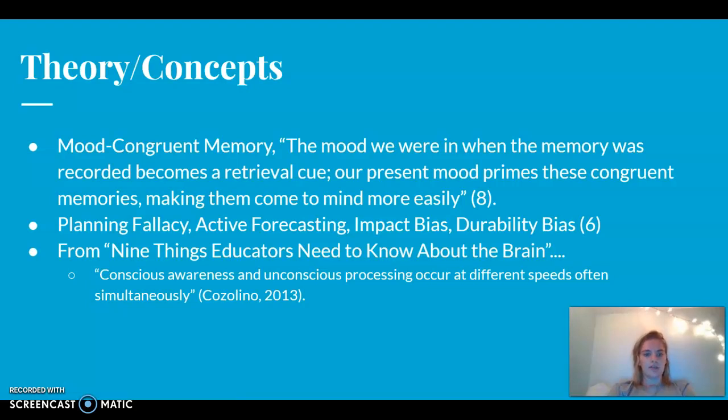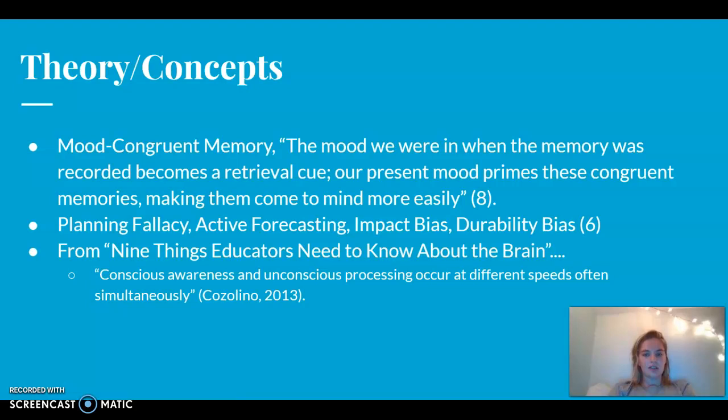I also think planning fallacy, affective forecasting, impact bias, durability bias, all of that is really interesting to think about, especially as someone who struggles with ADHD and has students in my classroom who have ADHD, and just the impact that some executive functioning stuff can have on impact bias and affective forecasting. Sometimes we're exceptionally good at planning fallacy. Like I can leave things at the very last minute and then have just enough time, or it can work against me pretty quickly too.